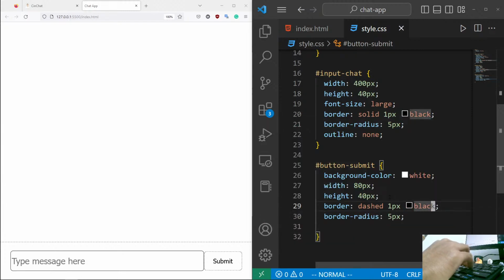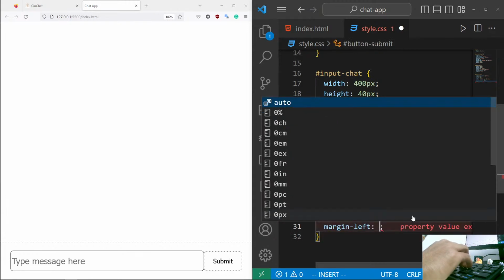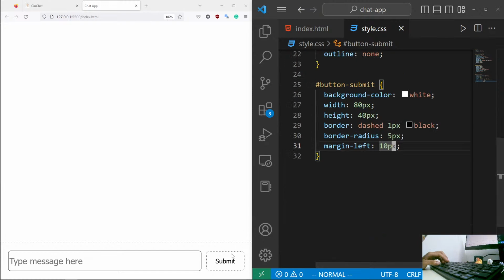Yeah, okay, now let's add a little bit of gap between the button and the chat box by using margin left. Let's say 10 pixel. Okay, now whenever we hover over the submit button, we want it to change to some